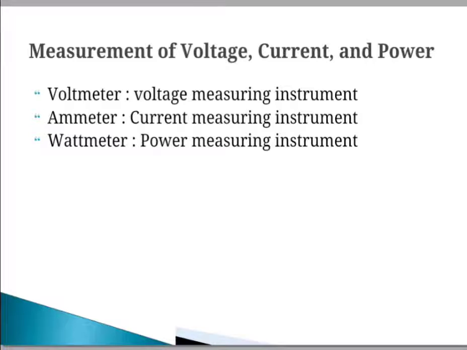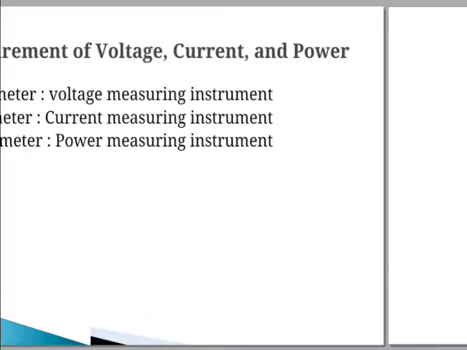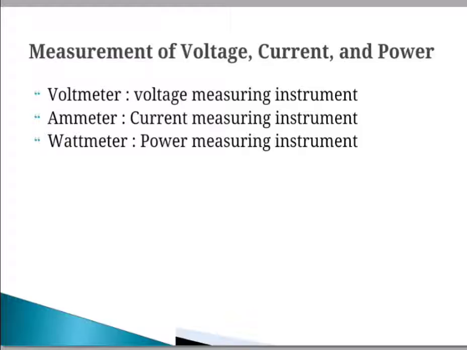Then the power measuring instrument. Three types of power are available: active power, reactive power and apparent power. The unit of power is watt, and the instrument used for measuring power is the wattmeter. The wattmeter has a total of four terminals: M, L, C, V. M is main, L is connected to the load, C is the common and V is connected to the voltage terminal of the instrument. The wattmeter is used for measuring power in three-phase and single-phase circuits.